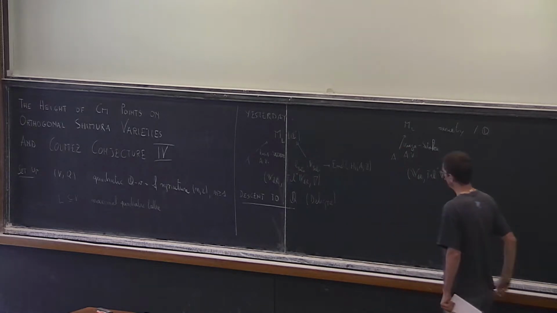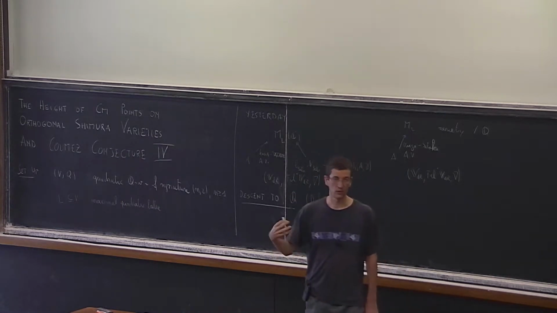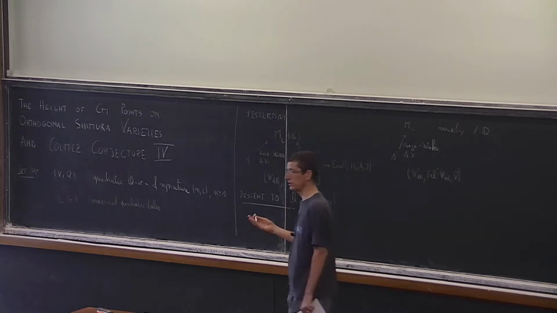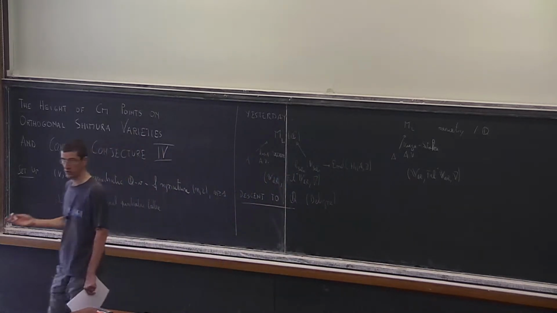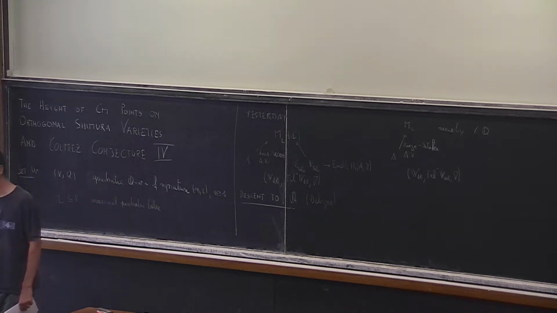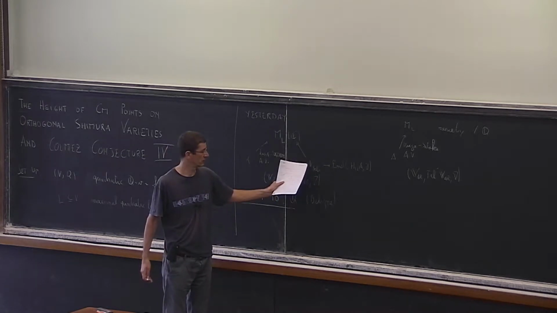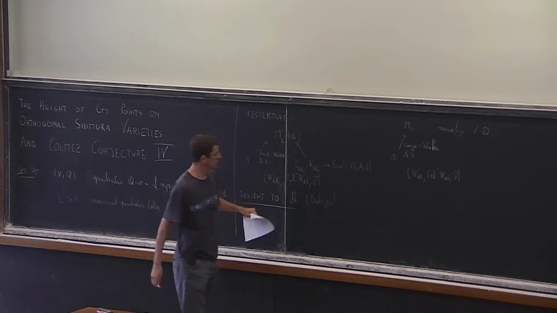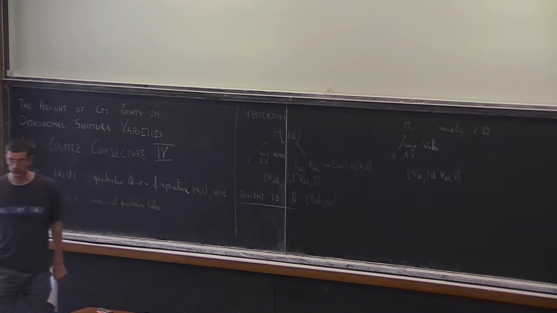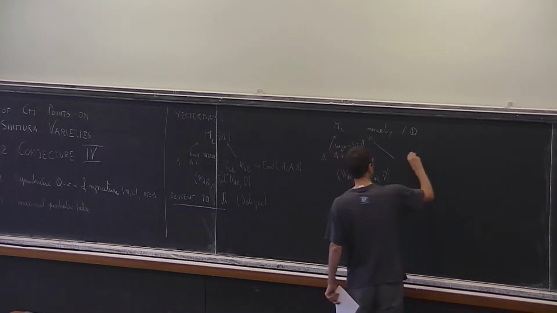Descending filtration. Here we have a variation of Z-Hodge structures that you can see as a Z local system. So you can view it as a representation of the usual topological fundamental group. If we talk about varieties, we don't have the usual topological fundamental group anymore. We have the algebraic fundamental group. So we expect to replace a representation with Z coefficients of the topological fundamental group with a representation with Z hat coefficients of the algebraic fundamental group. And in fact, for every prime p, we get